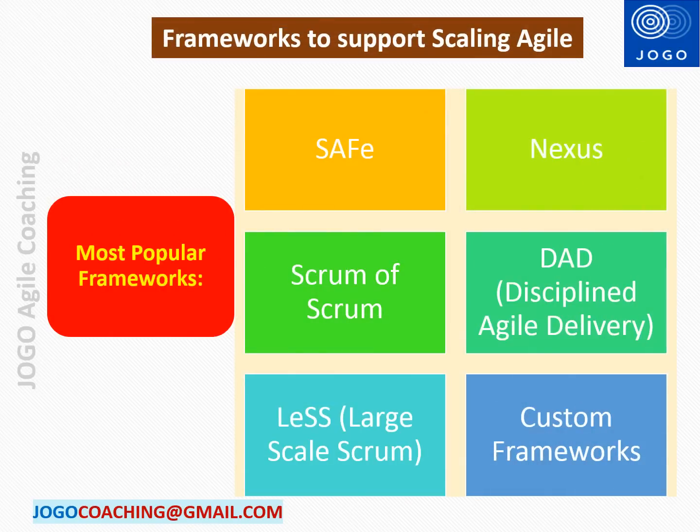Companies are using various types of scaling Agile frameworks based on the work type, budget, infrastructure need, training needs, ease of use, etc. From the recent State of Agile survey report, I like to highlight the top 6 scaled Agile frameworks used by many organizations across the industry. Most popular framework is SAFe, that's called Scaled Agile Framework. SAFe framework has the well-defined roles, events, process, and metrics to define enterprise-level Agile transformation or product delivery.